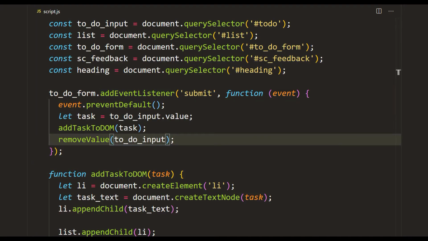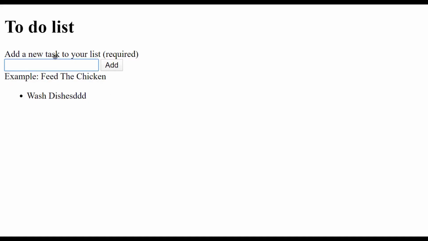Now that this is done, let's add another function. What we want to do later on, after all that is done, is alert the screen reader that a task has been added. Remember, we're building an accessible JavaScript program. Whenever you add a task, for example, LOL, if you are sighted, you see that the task has been added to the list. But if you're not sighted and you're using a screen reader, the screen reader is not going to just automatically tell you that a task has been added. We have to do that manually.